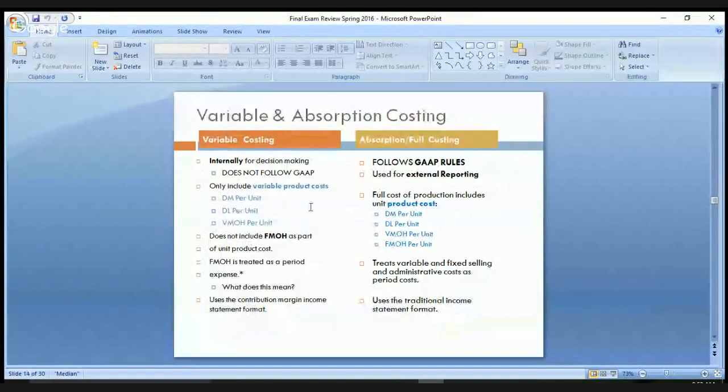Okay. Now remember variable and absorption costing. Variable costing is for internal use and does not follow GAAP. It only includes variable product costs. So I talk about above the line and below the line. So all variable costs go above the line, no matter what type of variable cost they are. It does not include fixed manufacturing. That all goes below the line. Now, over in absorption or full costing, only